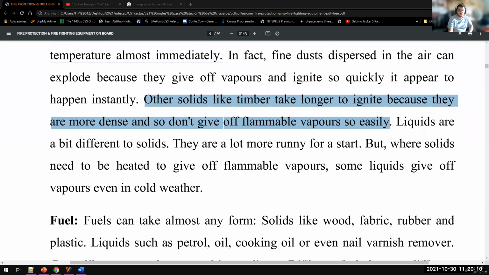As for liquids, take a look at the liquids. We also have this category. Liquids are a bit different, okay? They are a lot more runny for a start. Como son líquidos, es más difícil que tengan ignición, okay? But where solids need to be heated to give off flammable vapors, some liquids give off vapors even in cold water, okay? So important thing,